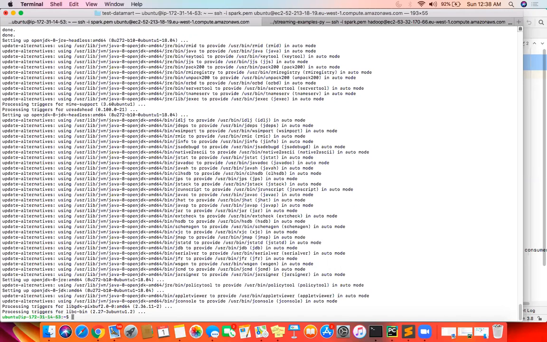Similarly, Kafka is one of the most common sources of stream data. It's a distributed message broker. What is a message broker? A message broker is basically a system that is used as a middle layer. For example,